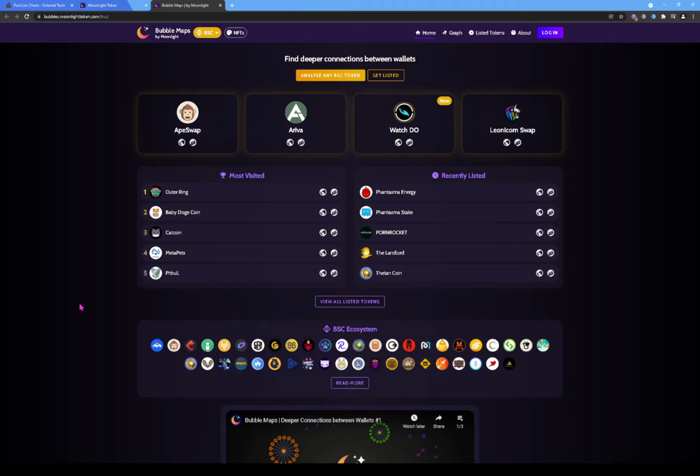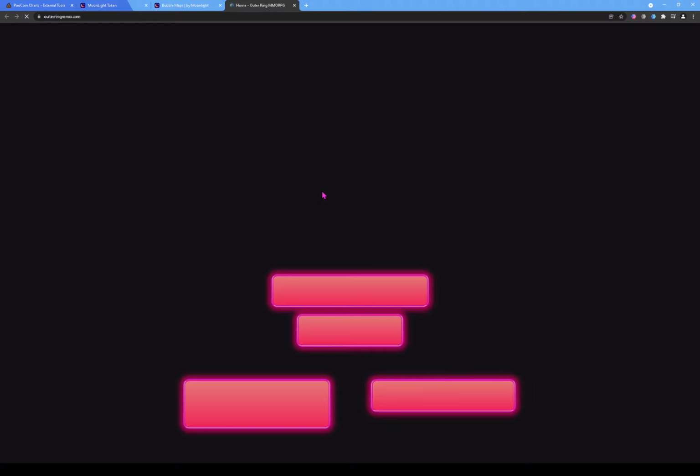and it's gonna bring us to this page where it's gonna show us most visited. So we see OuterRing, Baby Dogecoin, Catcoin, MetaPets, Pitbull, and then it just shows a couple that are recently listed. So what we're gonna do now is go to one called OuterRing. So we're gonna open their website,